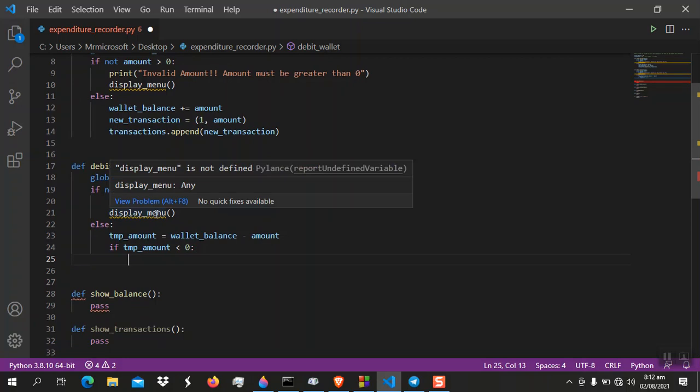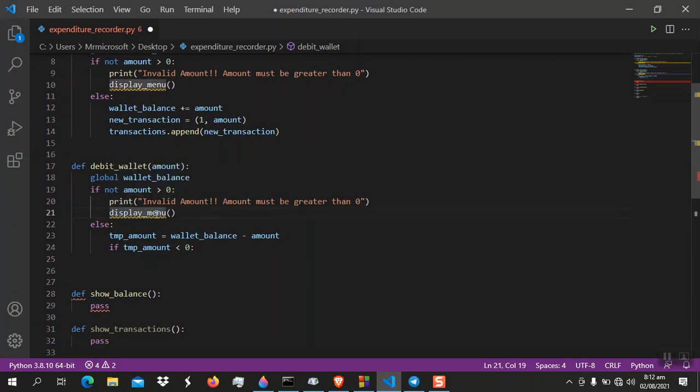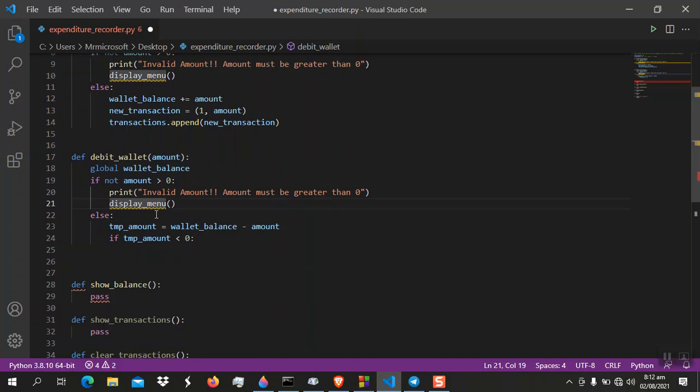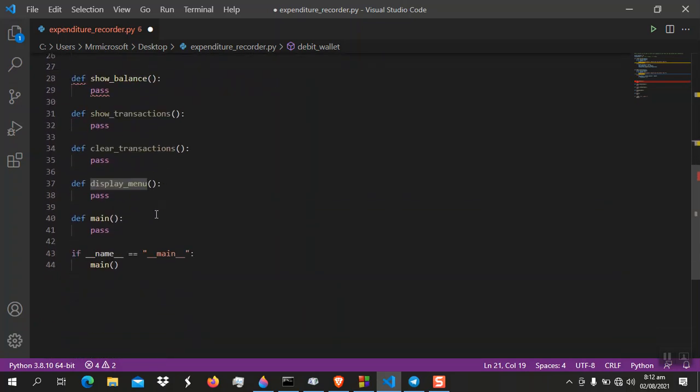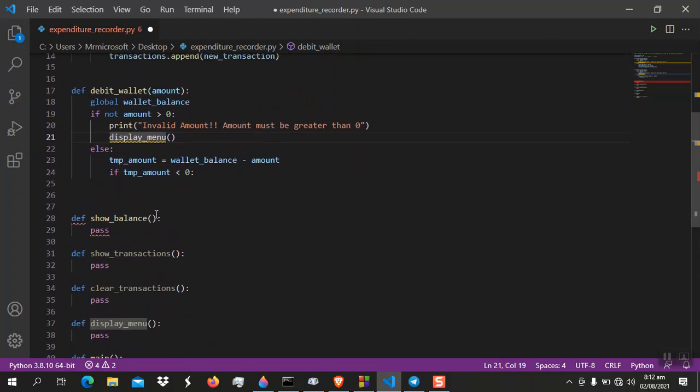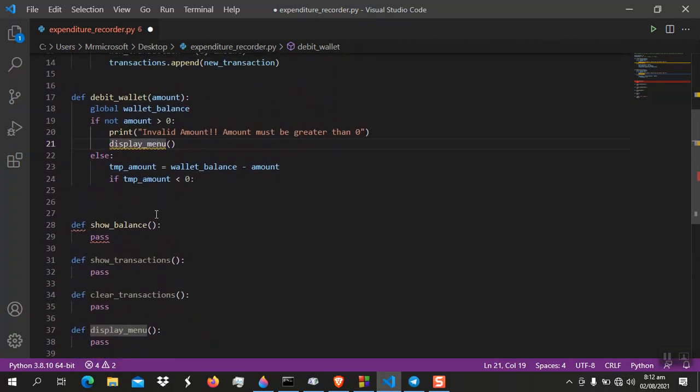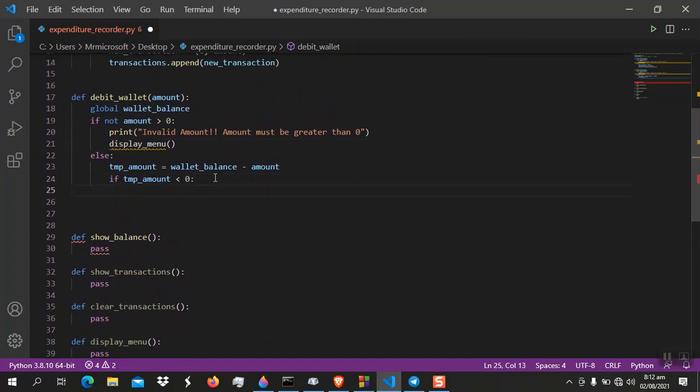Why do we say display menu? Why is it not display menu? Is it not a function? Looks like you have a mistake somewhere. All right, because of this. Okay. So if temp amount is less than zero, tell the user